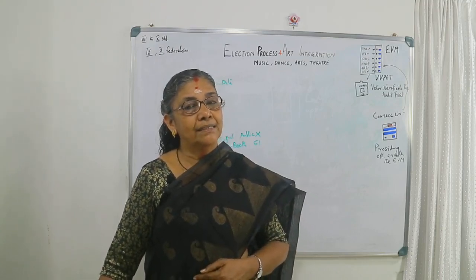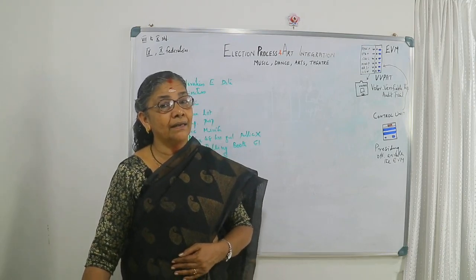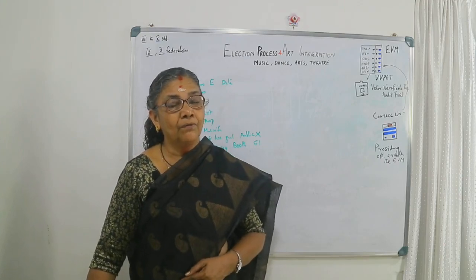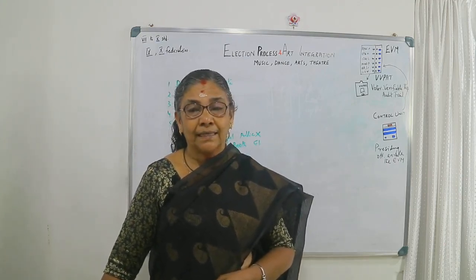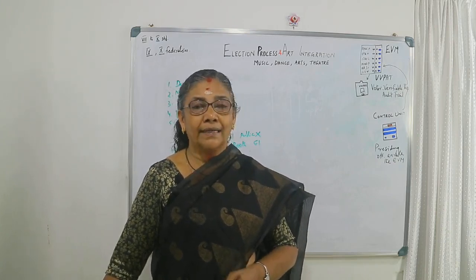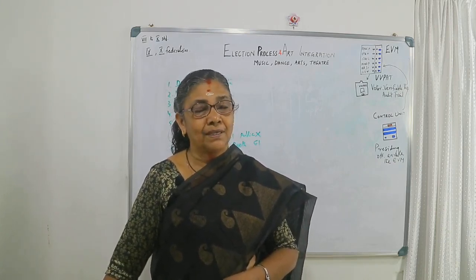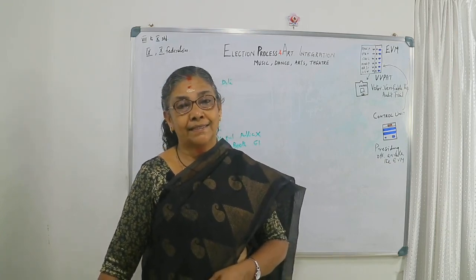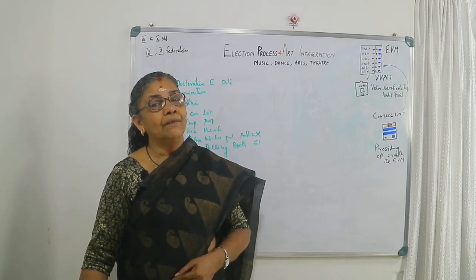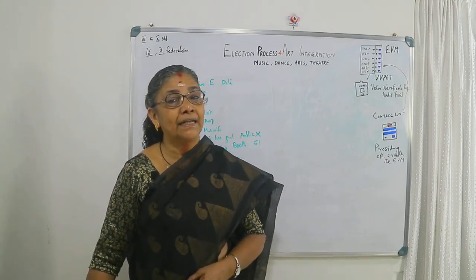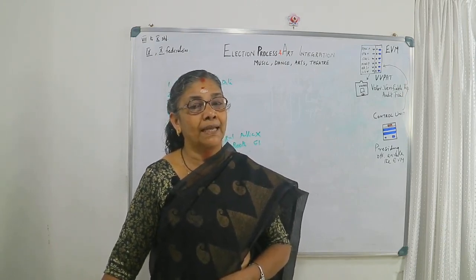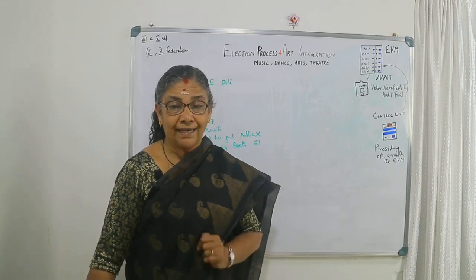After scrutinizing the list, the authority will declare the candidates list, that is, who are standing in the election, from which parties they are standing and representing, who are the independent candidates, like that. When the candidates list is published after verification, the election propaganda begins. In the election campaign, the candidates will declare their election manifesto, that is, the policies and programs they are going to implement after the election.